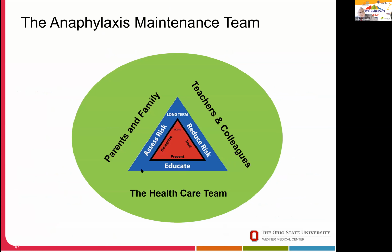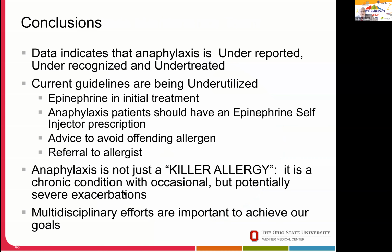So I like this figure that I think Dr. Simons's two triangles need to exist within a bubble that I show here in green, because it's not just the patient and family that needs to be educated, but everybody who comes in contact with that patient needs to be educated. So we know that anaphylaxis is underreported, underrecognized, undertreated, underappreciated, and that current guidelines are underutilized. Anaphylaxis is not just a killer allergy. It's a chronic condition with occasional but potentially severe exacerbations, and we must be part of an overall multidisciplinary team to take care of these